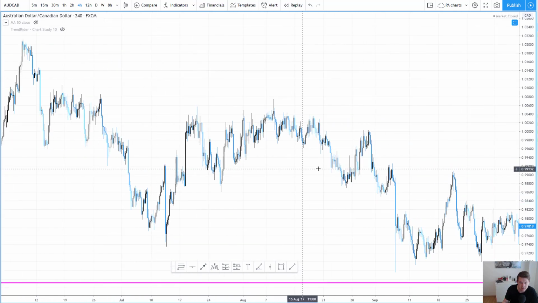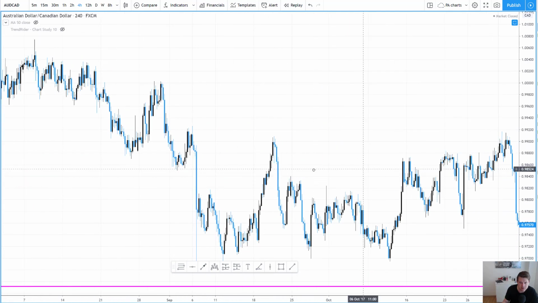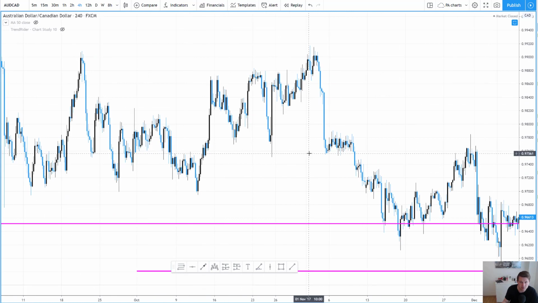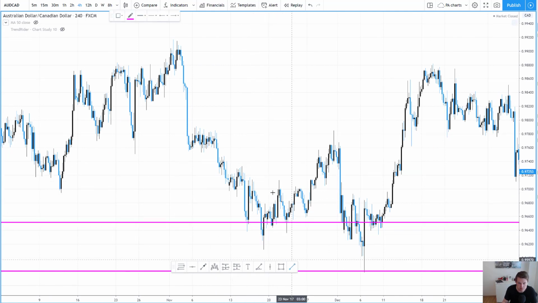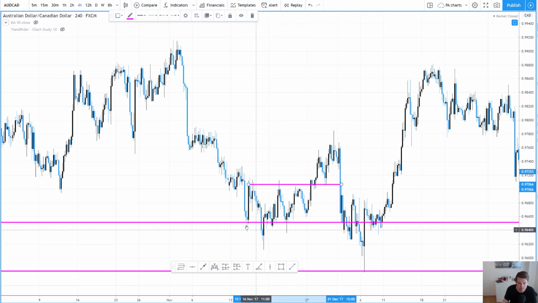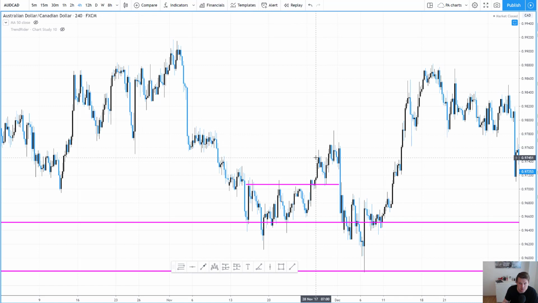You can see it does sometimes take a very long time for the price to get there, but it doesn't hurt to just draw in those important swing points and then wait for the price to get there. So you can see this is the first time the market moved into the first low that we identified. And again, you can see we have some type of breakout pattern in here, a breakout and then a move higher. The market doesn't move a lot on this first fake breakout,